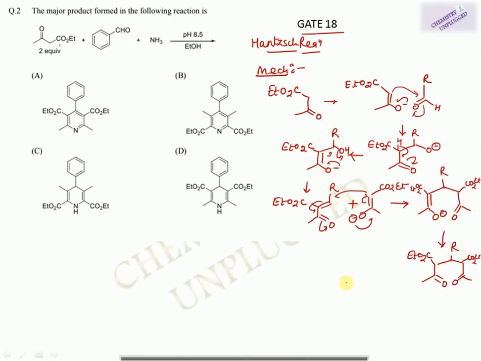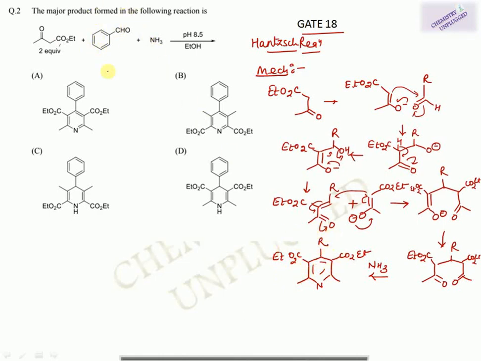In the next step, the ammonia will participate in this reaction, and these two oxygen groups, these two ketones, will be removed. I am showing it in a single step. Actually, this ammonia will first attack on this ketone and then this bond will shift here, and in the next step there is proton transfer, but the direct reaction is this one. There is formation of pyridine here. So this will be the final molecule. You can write the value of R here, that is, this benzaldehyde.